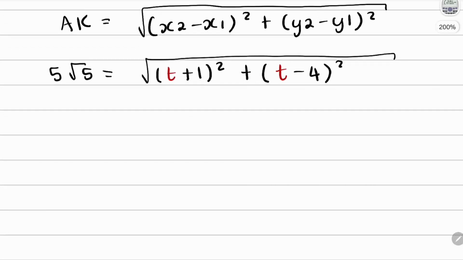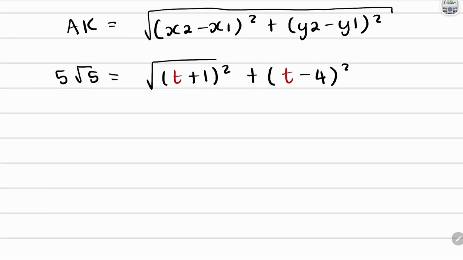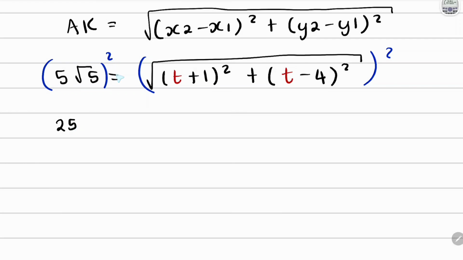So the first issue that we have here is, of course, our square roots. So we need to get rid of those by squaring both sides of the equation. And when we square this side of the equation, you see that your 5 would get squared because these two are sitting together because they're being multiplied. The 5 gets squared and becomes a 25. The root 5 gets squared, and what happens when a root gets squared is that the square root cancels. So that will become a 5 on its own. So it's 25 multiplied by 5 is equal to, and here your square root breaks open,